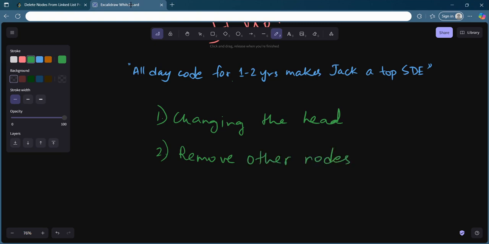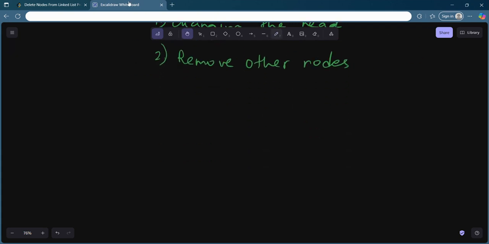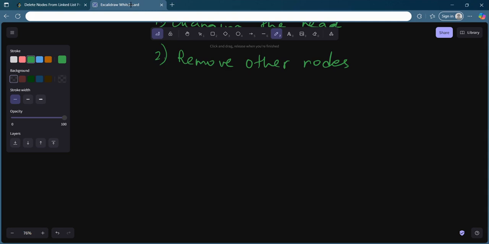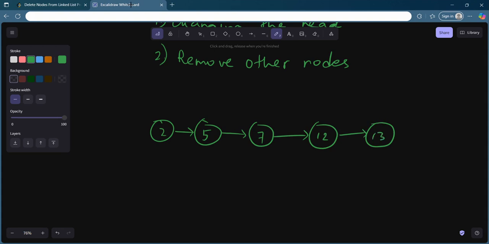So what do I mean by it? Let's say there is a linked list whose value is 2, then its value is 5, then you have a value of 7, then a value of 12, and then a value of 13. What if in your list there are values like 2, 5 and 12?